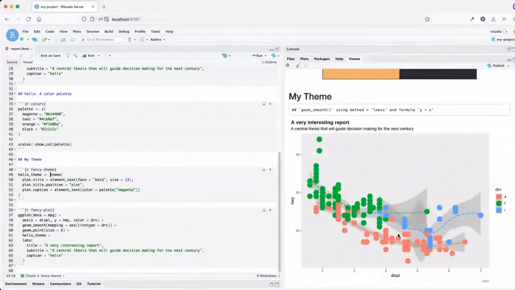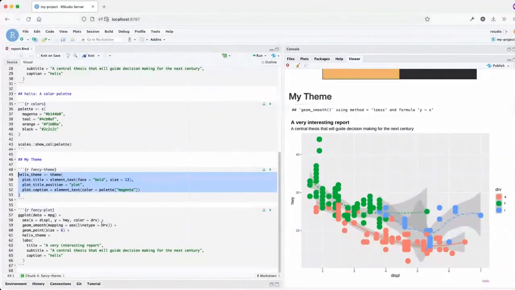Maybe we can imagine that you've shared this report with someone and they said, wow, that's a really awesome plot that you did at the end of that report. How can we use that? I could take this code and copy and paste it into a functions.r file. But as we've been talking about, a package is a great way to bundle this and share it with someone else. So in order to create a package, you need a couple things.